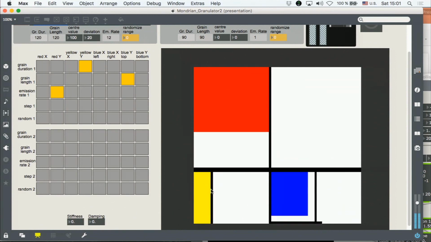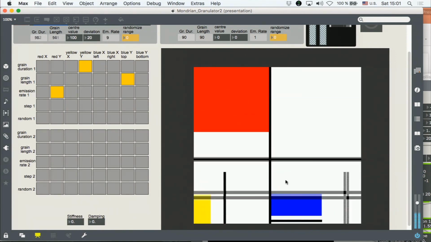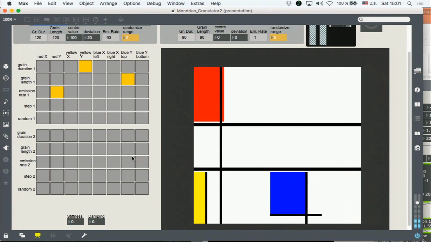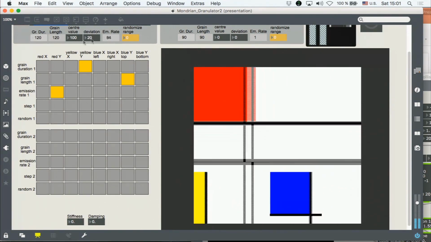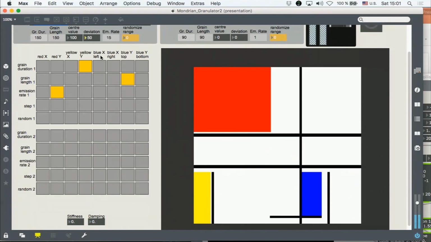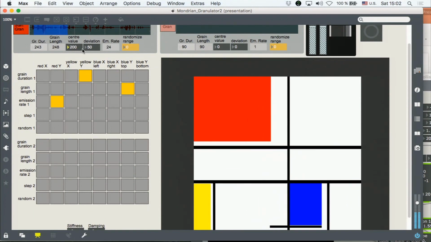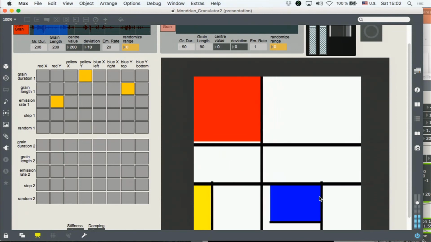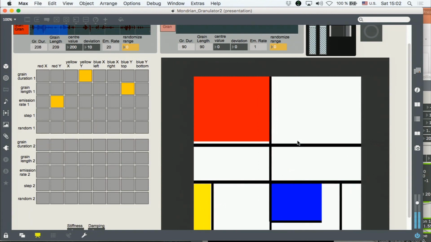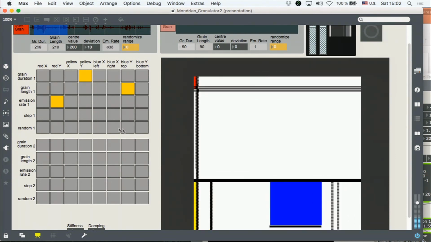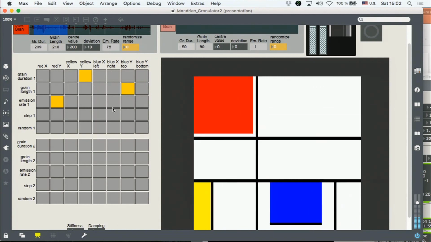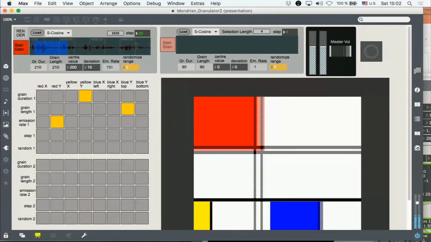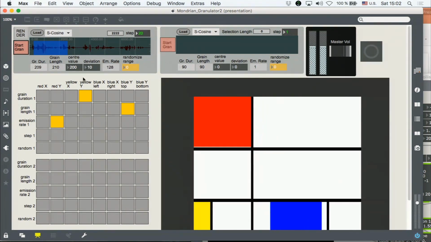So I'm just mapping parameters to different rectangles here, and I just get slightly different things in time. Okay, you get the idea.